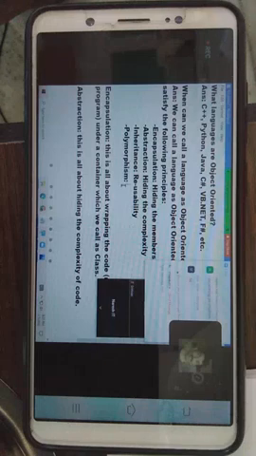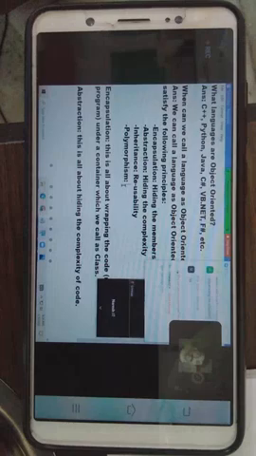I won't tell you anything out of context. I will relate everything with your life and show you examples: this is what you're doing, and the same thing we are applying in application development. Are you clear, guys? Any language, if it satisfies these 4 principles, then only can we call that language object-oriented. If you don't satisfy at least a single principle,